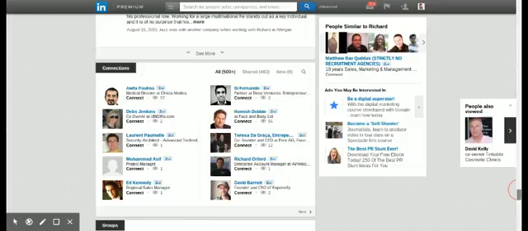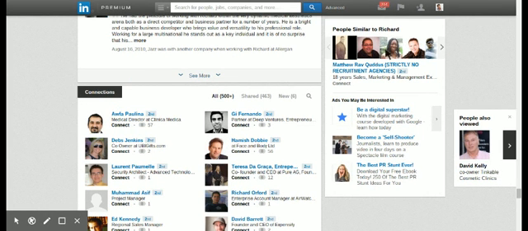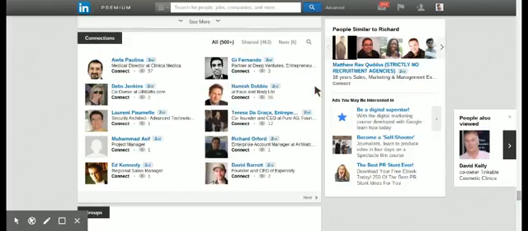So the second way of increasing the amount of connections you have, and a good way of approaching new connections, is to look at your existing connections, and you do that by going to their profile, and you scroll down, and you will see here connections. And we can also see here that we've got all, shared, and new, and you want to be on all connections